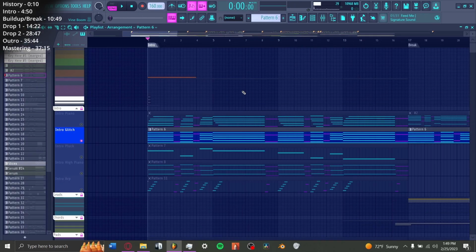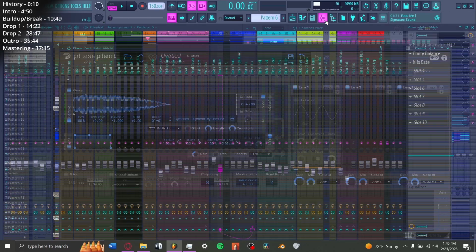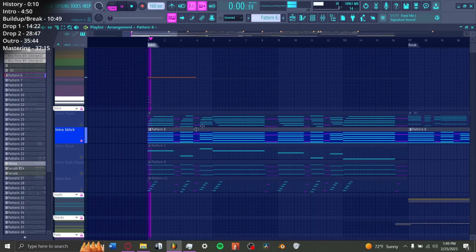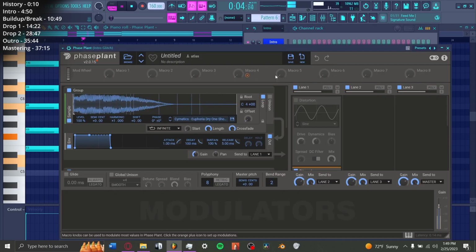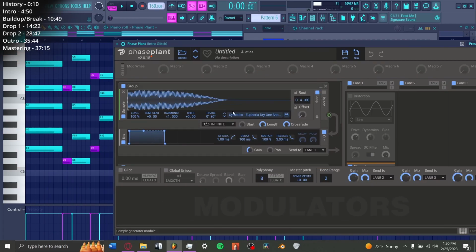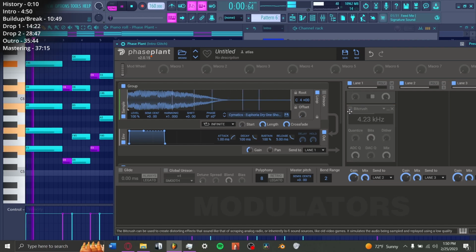The second thing I made was this little intro glitchy thing, just to add some extra texture into the song, made with Phase Plant, and this is a vocal sample of some kind. Taking off all the effects, this is what it sounds like. And I'm using this looping here so each note has the sample repeat a different amount of times, along with some bit crushing. Without that,